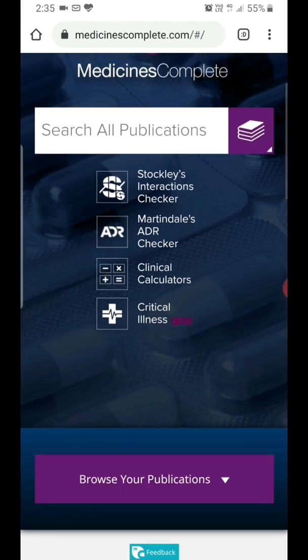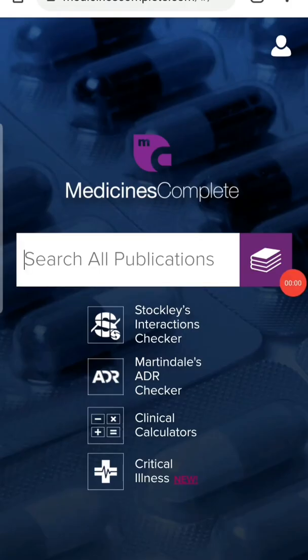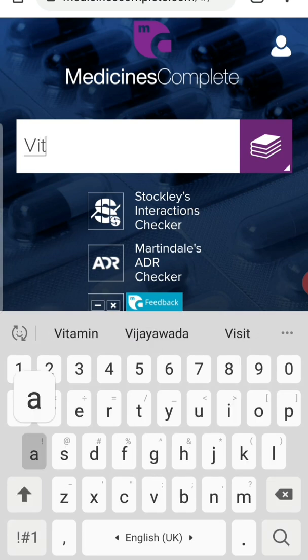Right. So first of all, let us see the usability for PharmD students. Let me consider myself as a PharmD student, and I just want to search about vitamin D and ascorbic acid, nothing but vitamin C, and zinc. These are all common nutritional supplements used during this corona pandemic to treat patients as well as prophylactically. So let me type vitamin D.